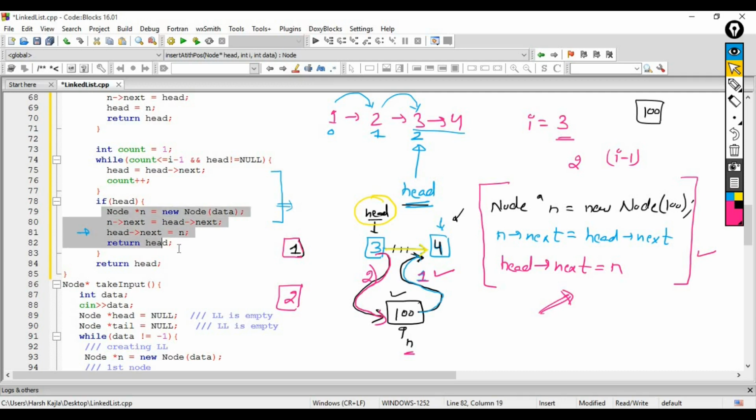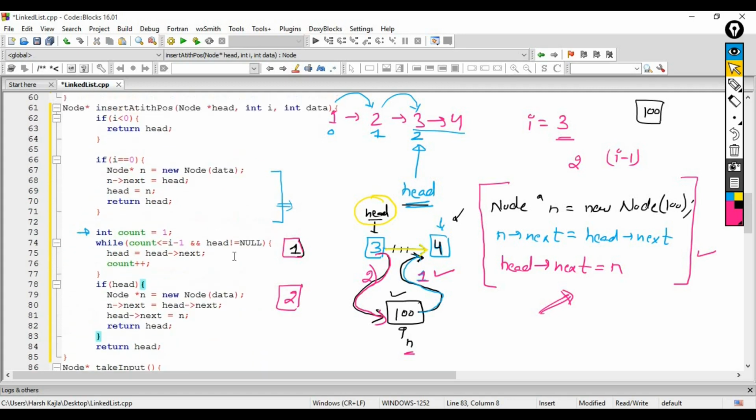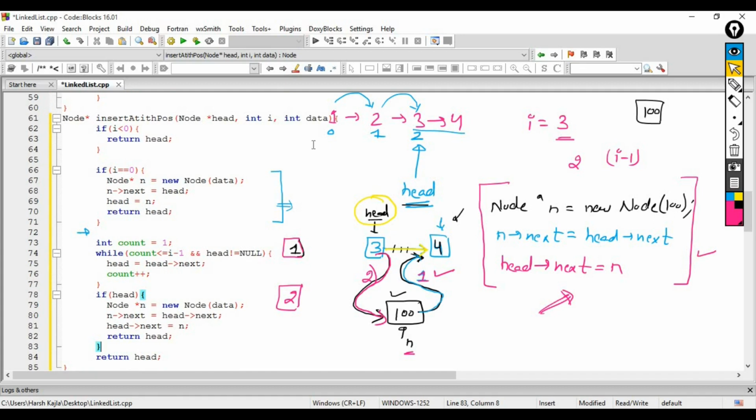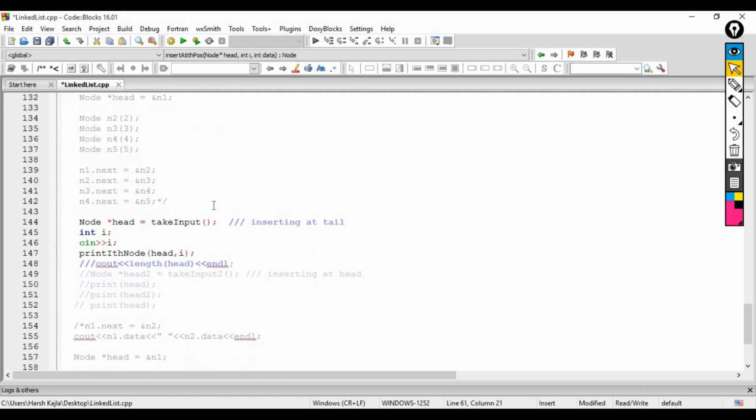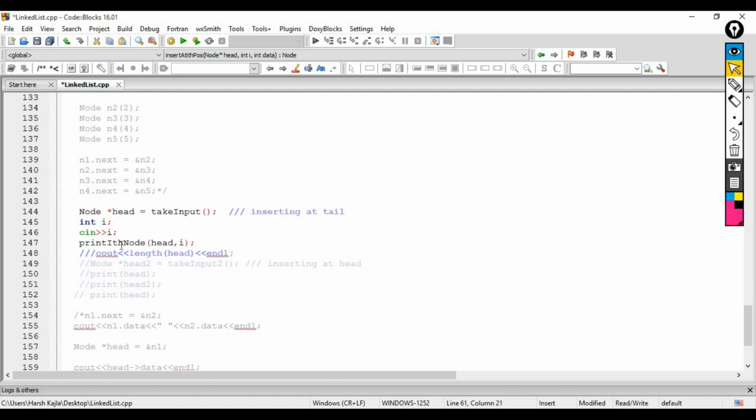Okay. So this is the first way of inserting. I think we have done pretty fine, and this code will run perfectly fine. So let's try to execute this code. Let's copy the name of the function. After taking input, I will not call the function print ith node.